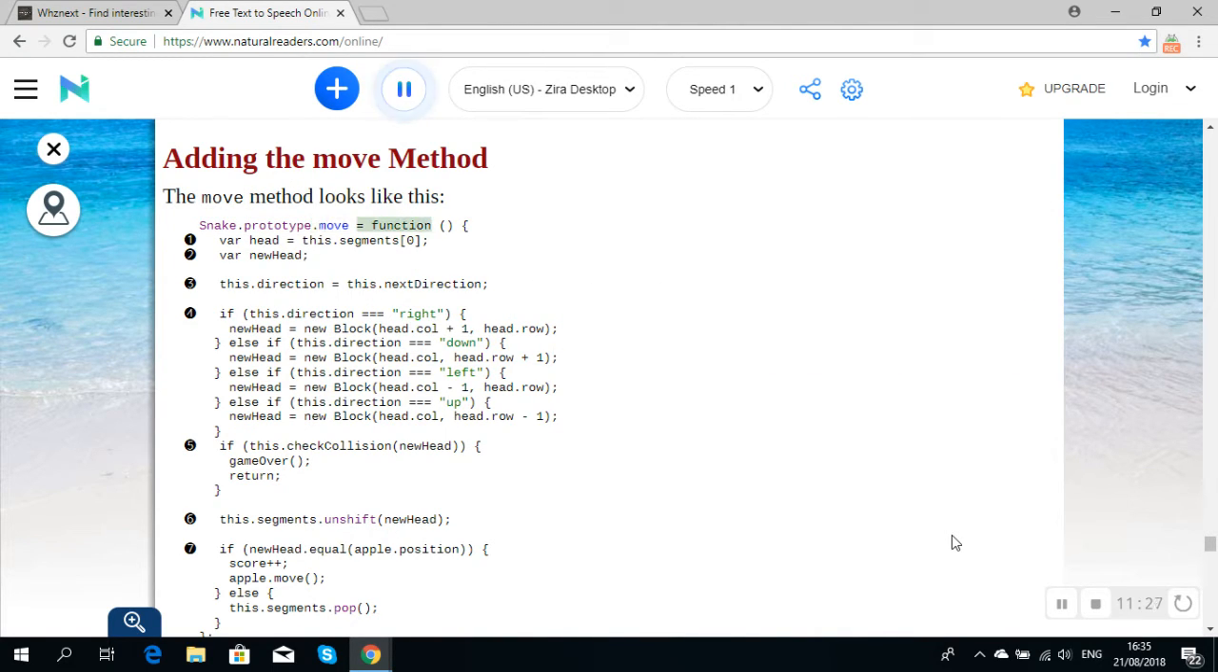Move. Snake.prototype.move = function () { var head = this.segments[0]; var newHead; this.direction = this.nextDirection;